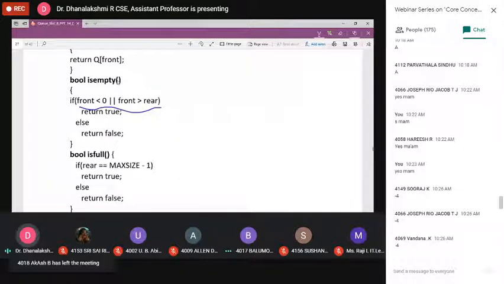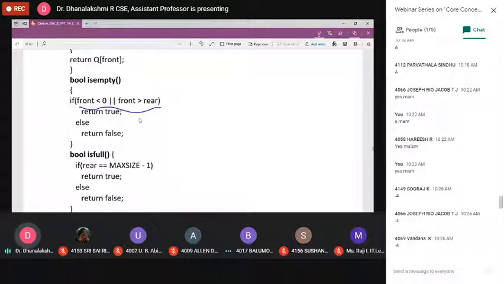Can we use return? Return rear is equal to max -1. Usually, in a Boolean function, we can use this. Here I am using the data type Boolean, that's why it must return a true or false value. If you are using int type, it returns whatever expression you pass here. Harish, based on your return type only, this return statement will differ. Yes, any doubts?